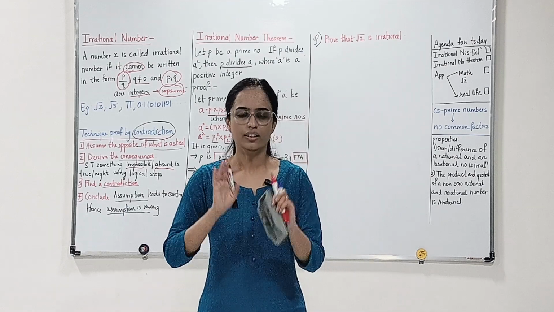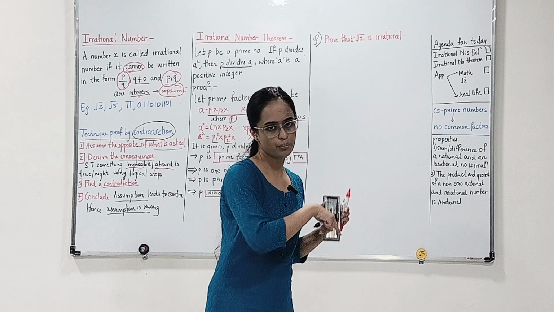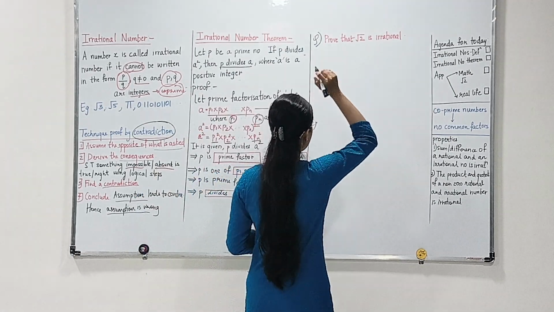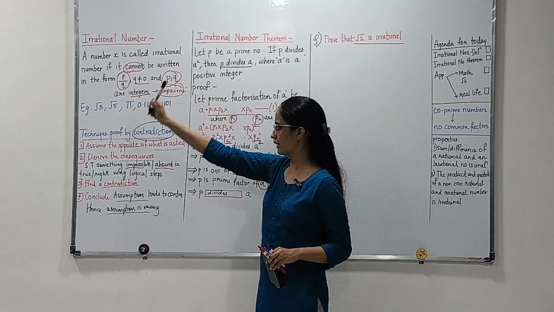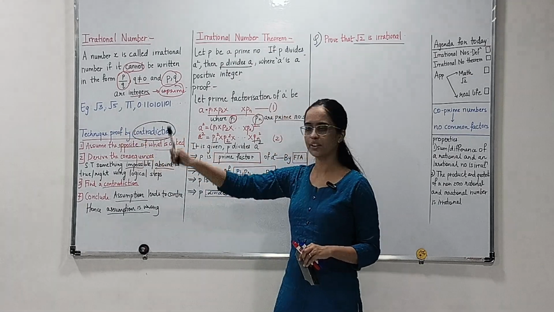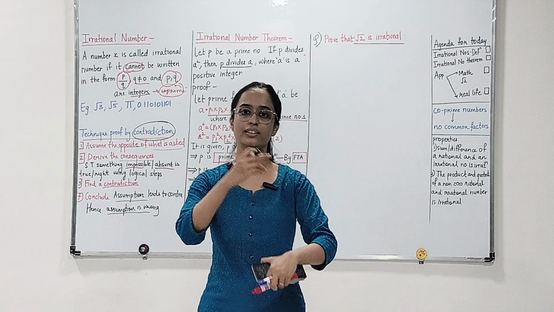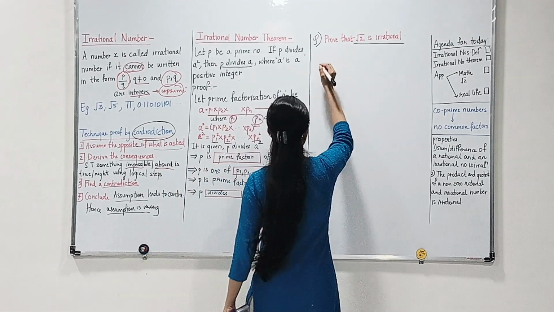Now, this might seem to be a little abstract to you, but we are going to use these steps in proving root 2 is irrational. So, let's start. We are supposed to prove that root 2 is irrational. According to step 1, we are going to assume the opposite of what is asked. We are asked to prove root 2 is irrational. What is the opposite of it? Root 2 is rational. So we are going to assume